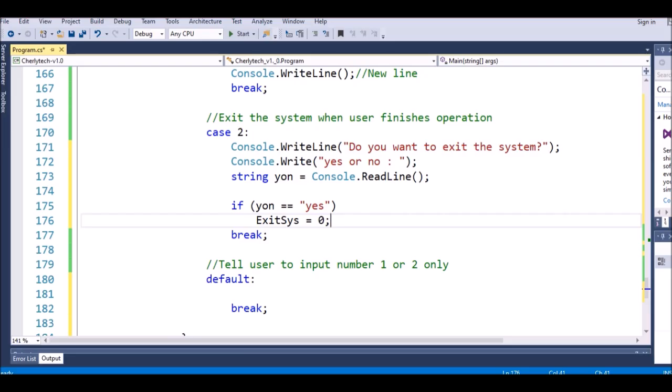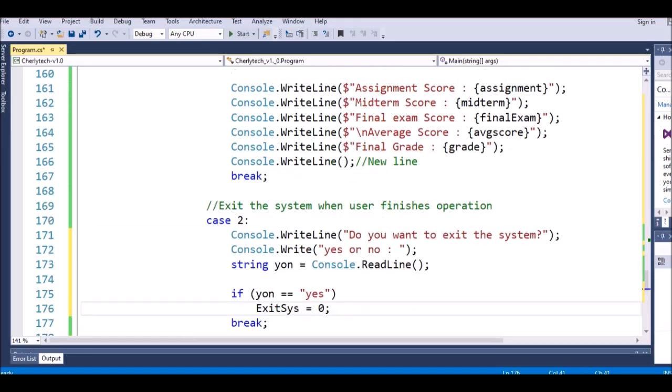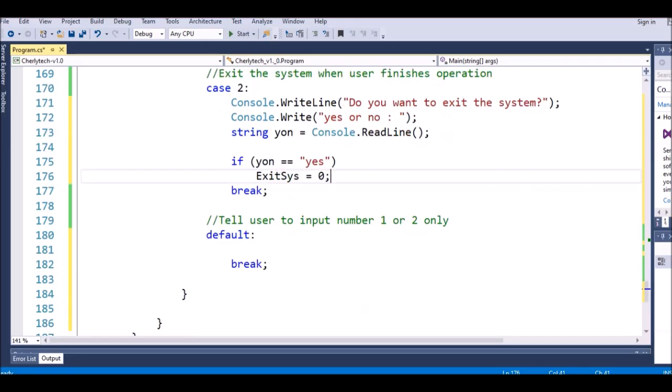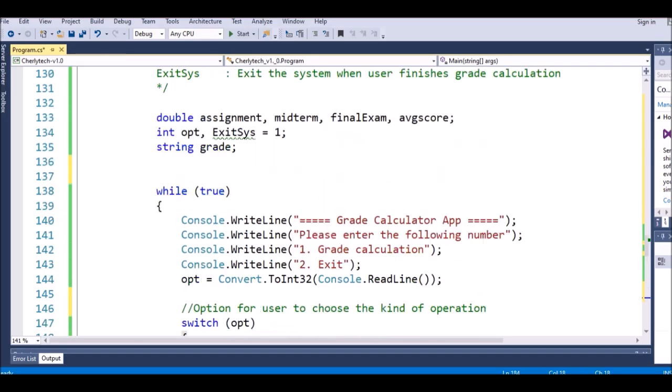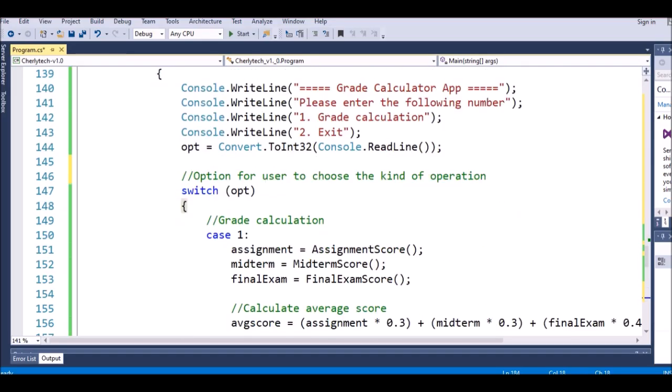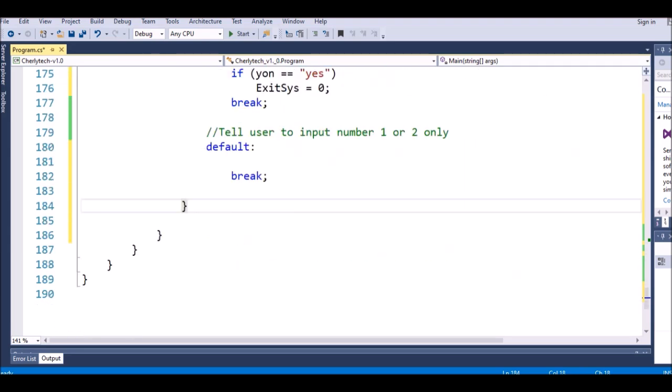So when we say exit system, that means we want to exit the while loop that covers all of the program, right? So to exit the while loop that covers all of the program, it means the while loop that is outside the main method, outside the switch, right? So to do that, we write in here